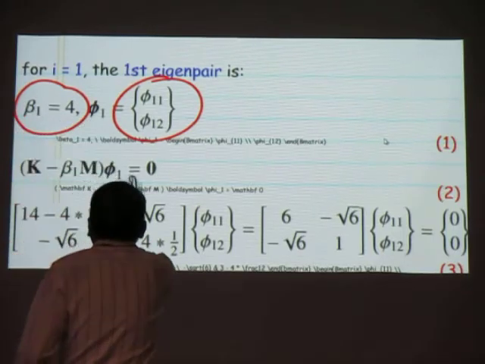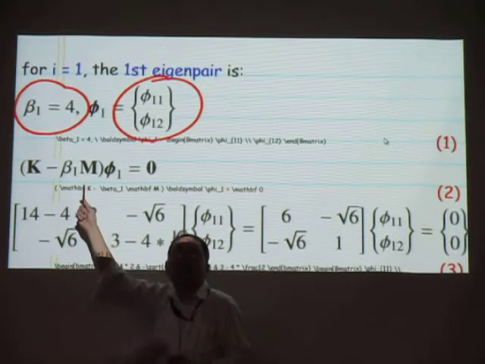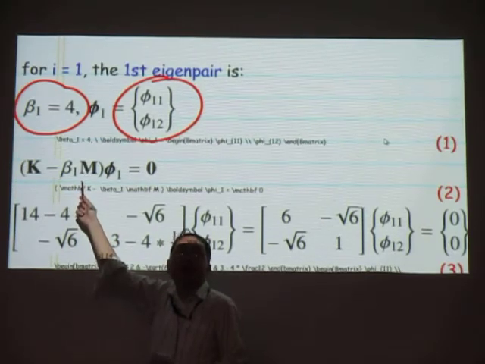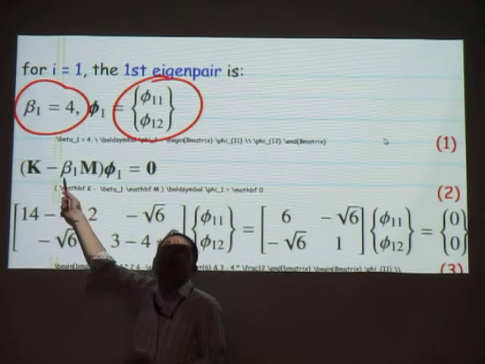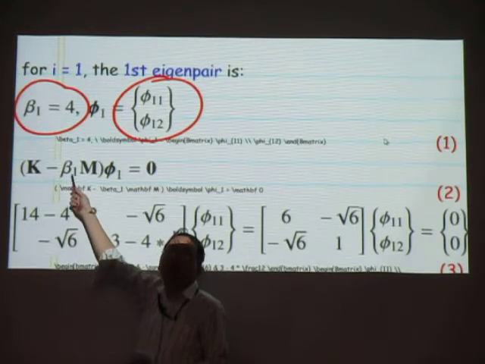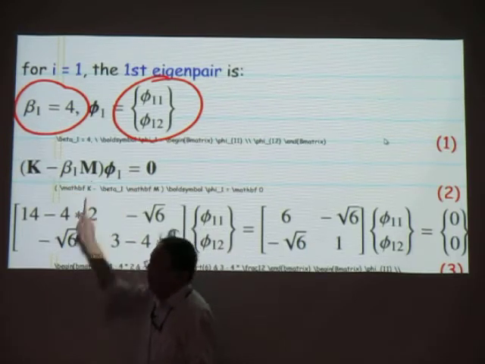So, can you invert that matrix? K minus beta 1 M. The determinant is equal to 0, right? Like Van was saying. So can you invert this matrix? No, you cannot invert it, because if you can invert this matrix, then phi 1 would be 0, because, you know,